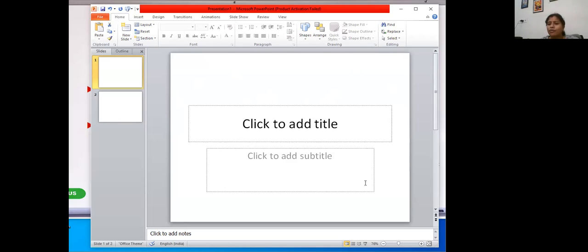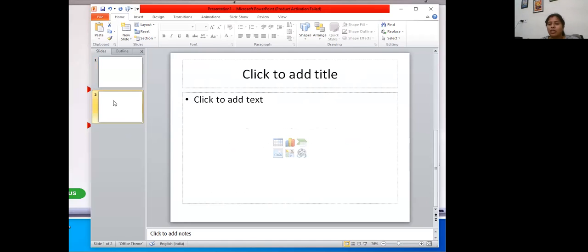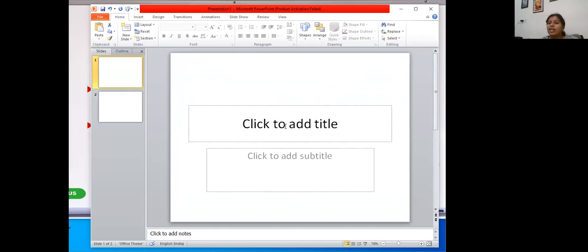If you want a blank, a plain paper, see here. Now here also two placeholders are there. So you can add either text inside that, you can add images inside that, you can add any audio, audio recording. If you want to add a video clip to your presentation, you can add it in this particular